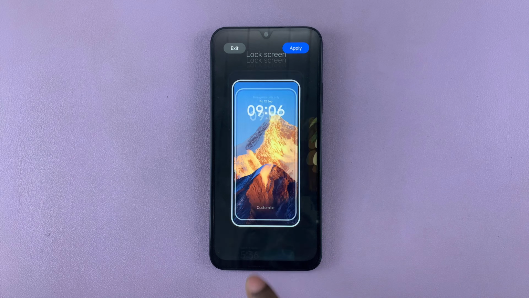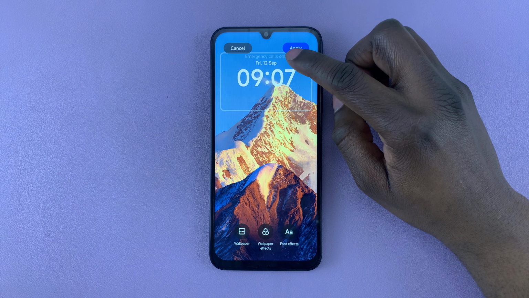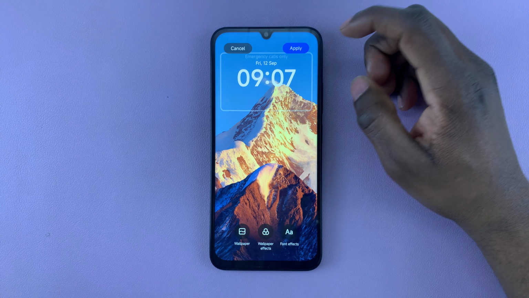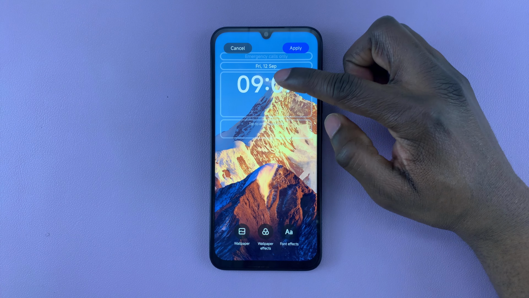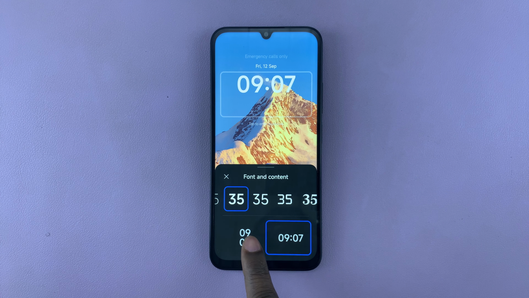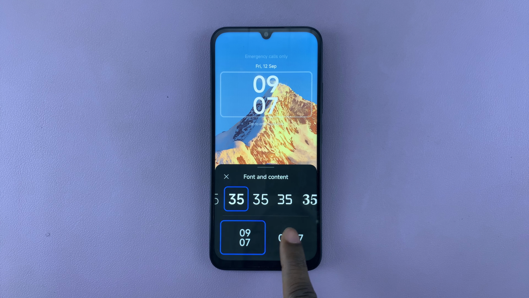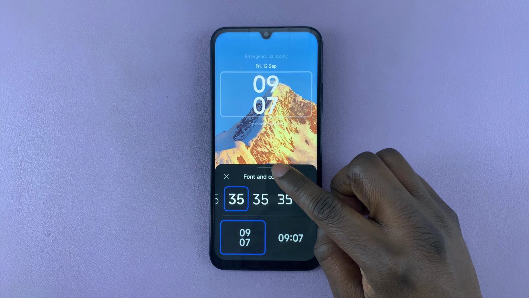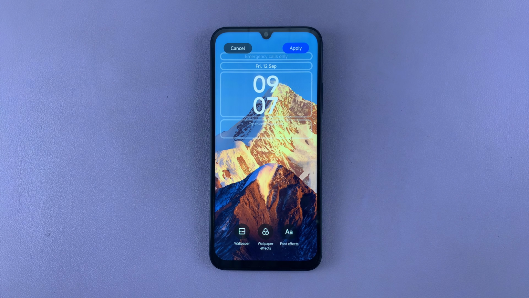So tap on customize on your wallpaper, and then since you want to change the clock style, tap on the clock once and then tap on it again, and you should see these options appear. Now there are only two options for the clock style, so choose the style that you'd like to use. So let's say for instance that one, and then once you're done, simply slide down and then tap on apply,